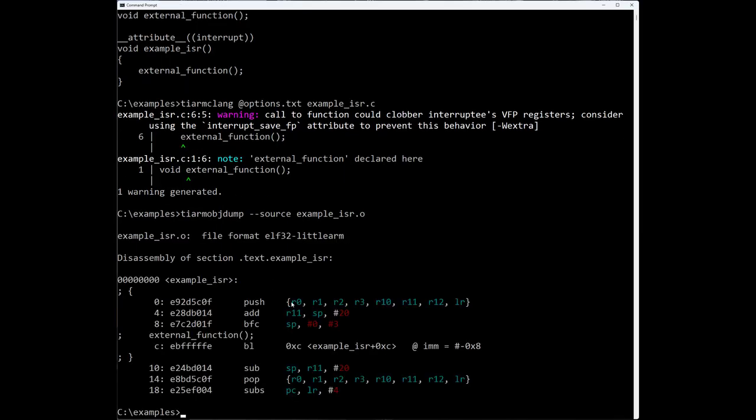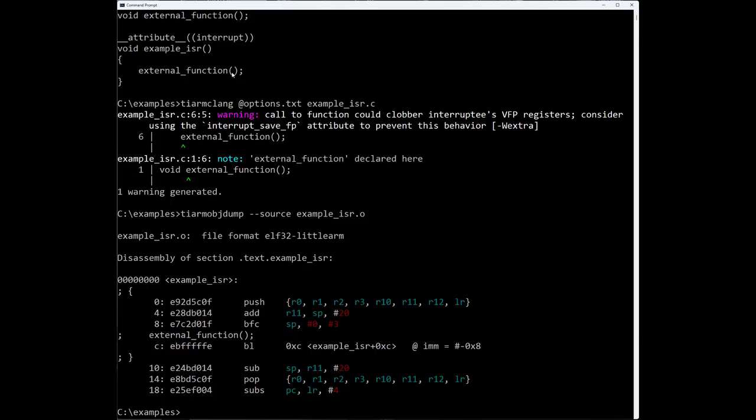And here it is. You can see compared to the previous example, we're pushing and popping a lot more registers. Now, if you find this a little bit confusing, understand that I did this on purpose. I constructed this example that way because I know when an interrupt calls a function, the compiler is forced to save and restore all of the registers.